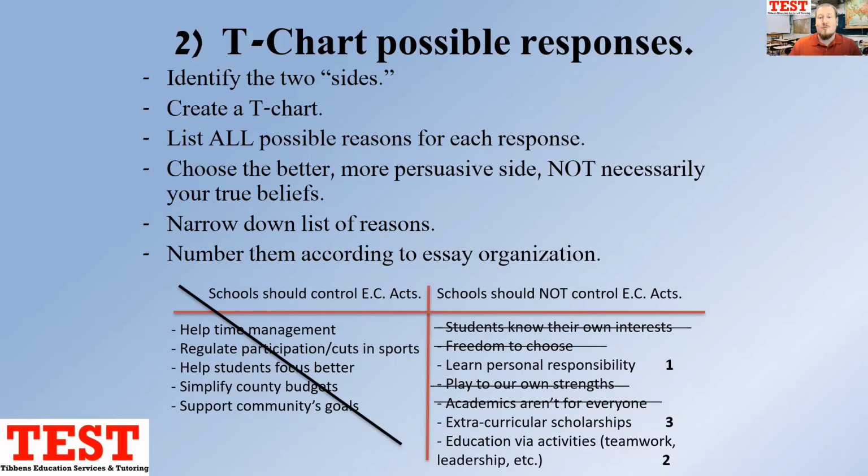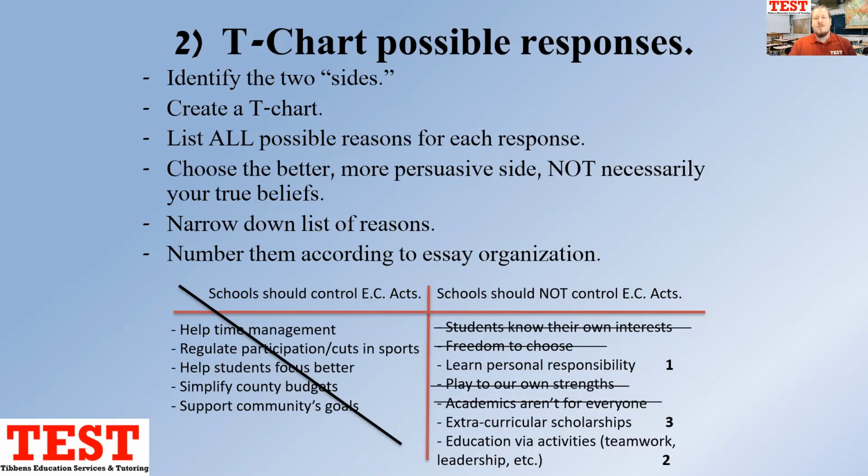So if you really believe one answer, but you realize, but I can actually argue better for the thing I don't believe, pick the answer you can argue for better. That's the whole point. It's a writing test. They would say, have you mastered persuasive writing and grammar and the mechanics of writing well enough to earn a diploma in the Commonwealth of Virginia? So don't make it harder than it's got to be. What's the easy answer? Well, the best way to figure out what the easier position is, is to do a little